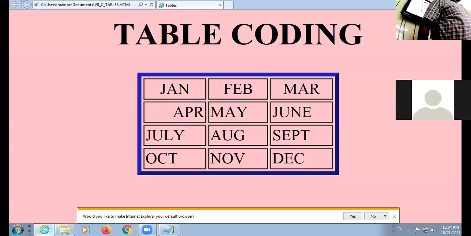Now the next concept. This is one cell. This is second cell. This is one cell. This is second cell. Okay.